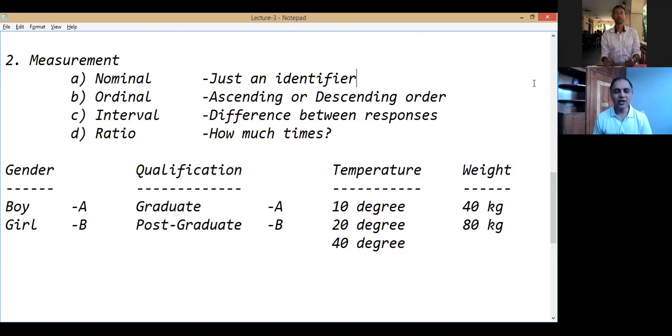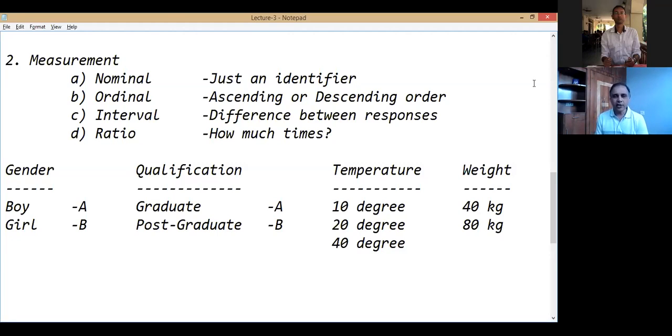So look for certain things. The place you belong to: Karnataka, Tamil Nadu, Kerala, Andhra Pradesh. This is a nominal measurement because nobody can say Tamil Nadu is more than Karnataka. Doesn't make sense. Either you need to give context. Without context, you simply belong to a place and that's it. We cannot conclude anything else. Look for other things. Experience.